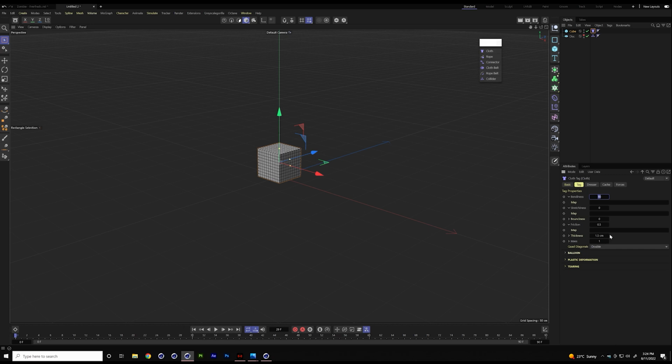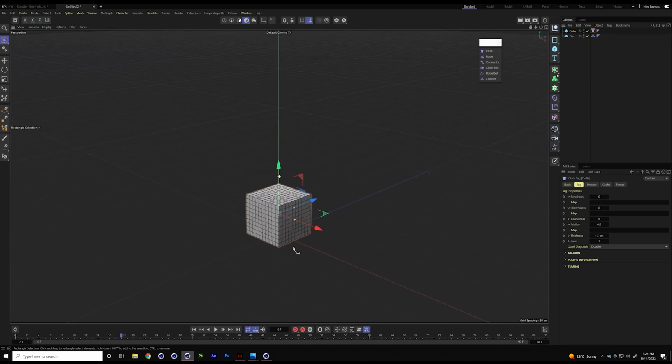But I do promise that over the next month or so, I'm going to do a very detailed tutorial on simulations, explaining everything in high detail. So let's do this again. We're going to have a jello. There you go, jello. And the other component is I'm going to create a nice little sphere.